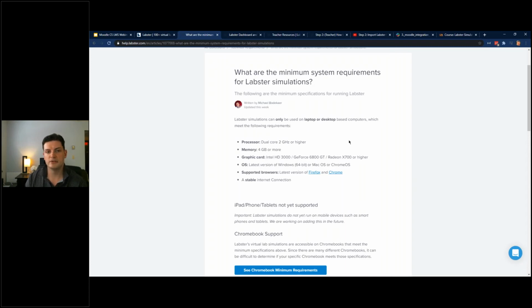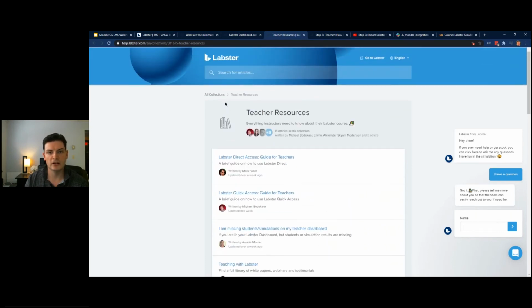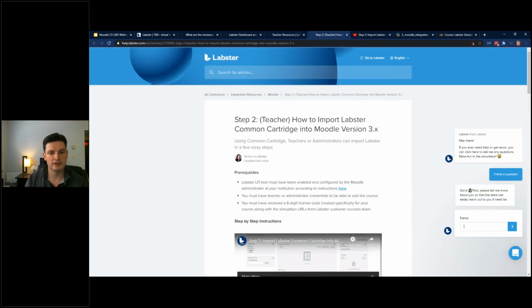Can we have a copy of the user's manual? So on the back end in teacher resources, we have listed for Moodle, if you take a look here. If you were to go back to our support, I'm just going to do this very quick. I had the tab already open. In our collections in integration resources and then Moodle,